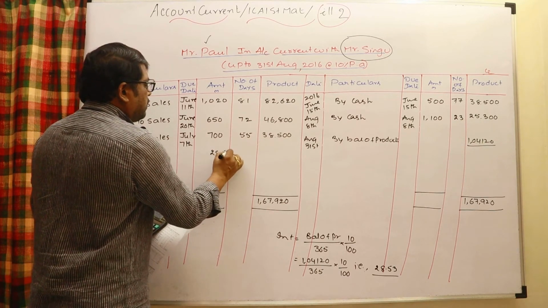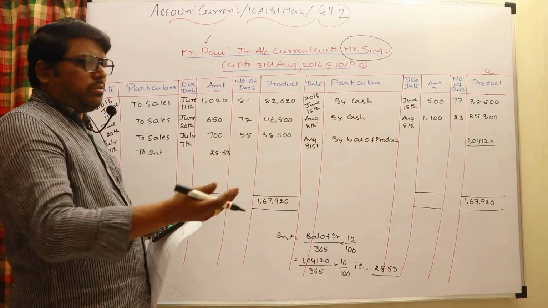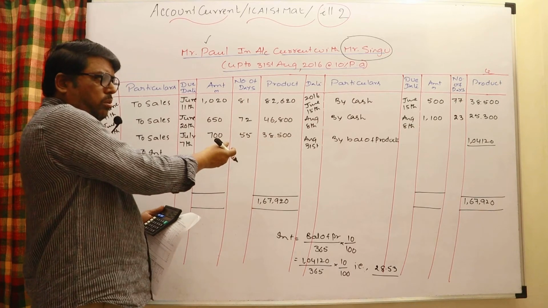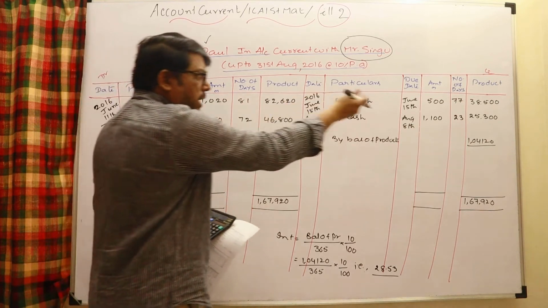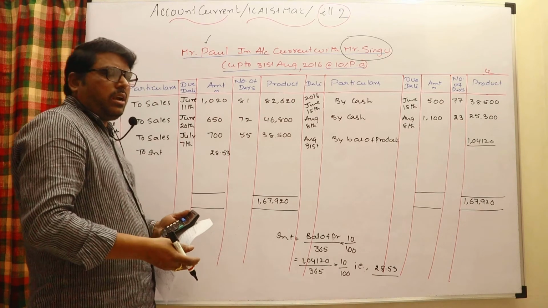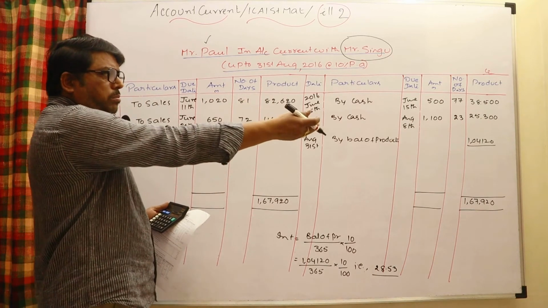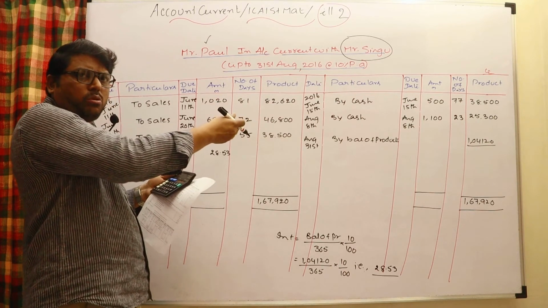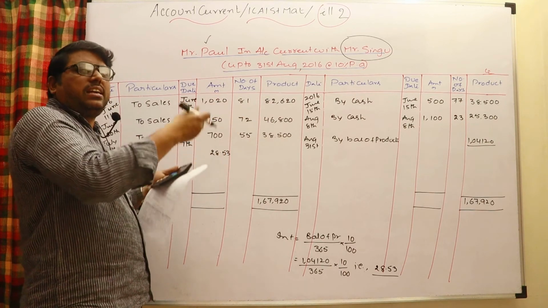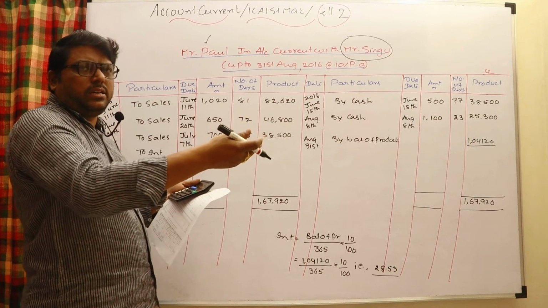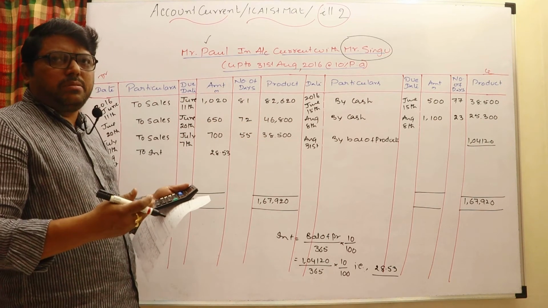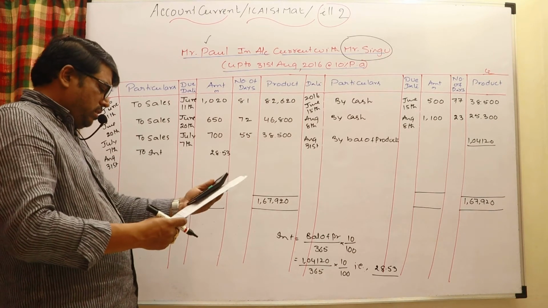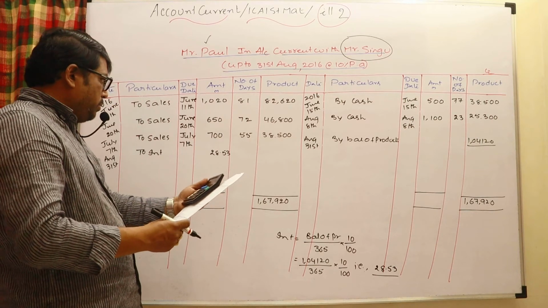Write in the amount column 28.53. Always, if the balance of products is written on that side, write the interest in the amount column of the opposite side. Why the opposite side? If the balance of products is written on that side, obviously on this side debit products is more, and he is a debtor to us. So how to collect the interest from him? Interest is income, credit it, and make him a debtor. So Paul account debtor to interest. In the Paul account, to interest, write in the amount column.